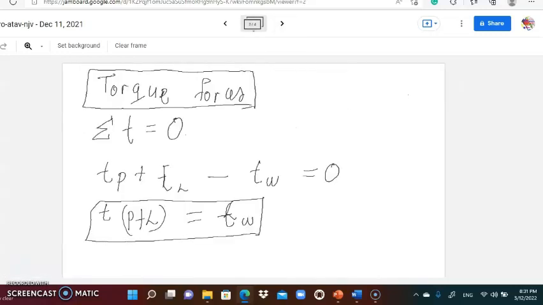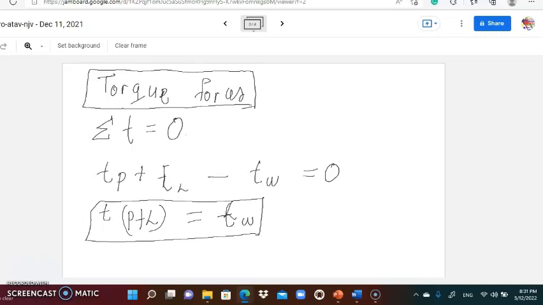So the torques that cause the ladder to move in an anti-clockwise direction plus the torques that cause the ladder to move in a clockwise direction must add to give me 0,